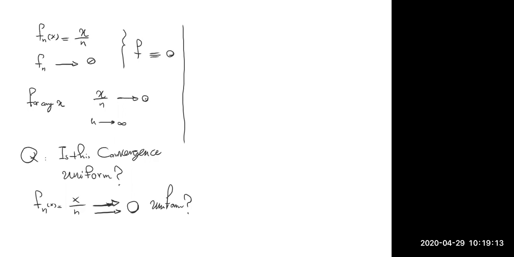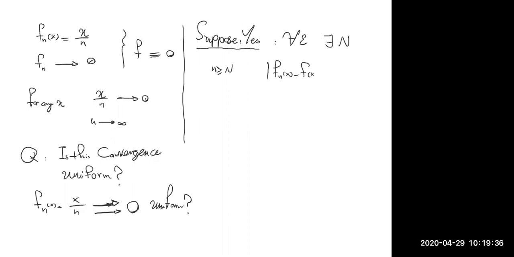So suppose it is uniform. Suppose the answer is yes. It means for any epsilon, there exists a number N such that for n greater or equal than N, the absolute value of Fn of x minus f of x would be less than epsilon for any x. Right? Since it should be correct for any epsilon,